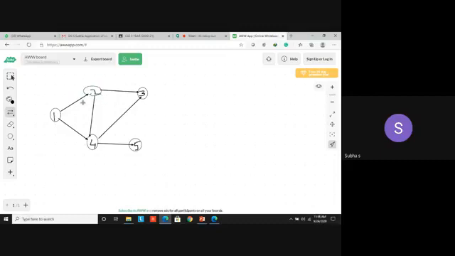In degree for 2, it's 1 because 1 edge is coming to 2. In degree means incoming edges. Out degree means outgoing edges. For 1, there is no incoming edges. Only the out degree is 2. Okay. So in degree is what? 0. Okay.